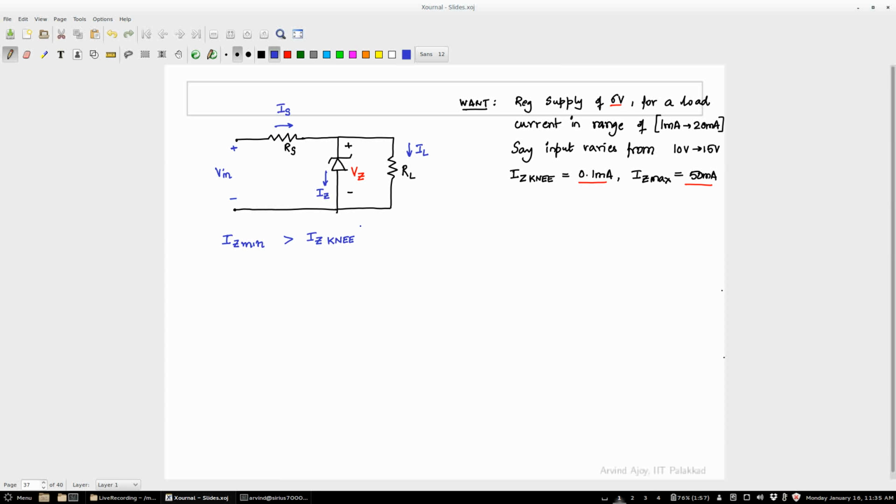Similarly, for all the things that are varying in the circuit, right? What are the things that are varying in the circuit? Your Vin is varying, your RS is also varying, load is also varying, right? Corresponding to your load current ranging from 1 milliamp to 20 milliamps, your load resistance is also varying, correct? So your IZ minimum must be greater than IZ,